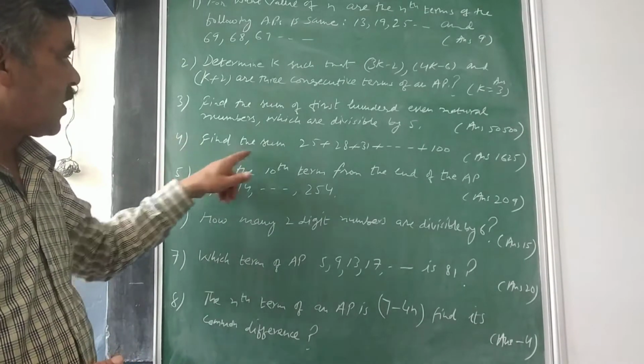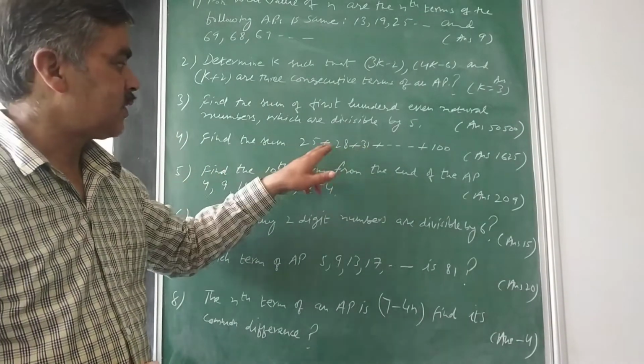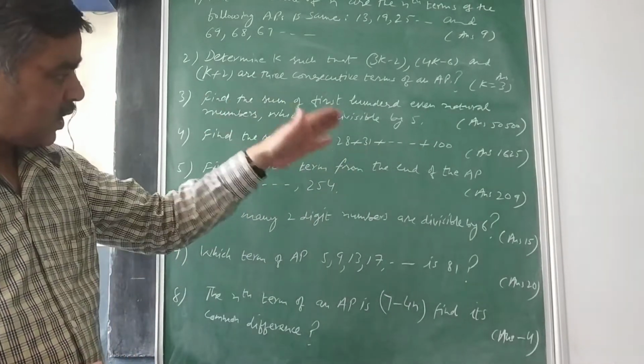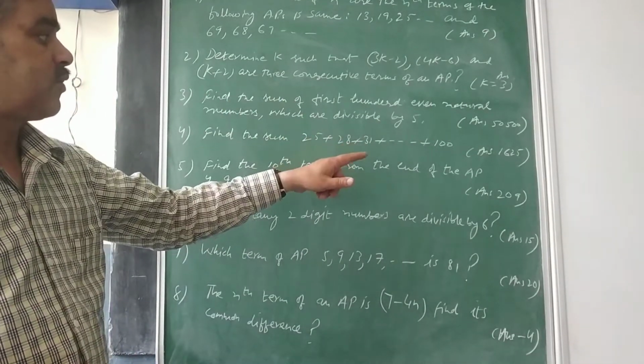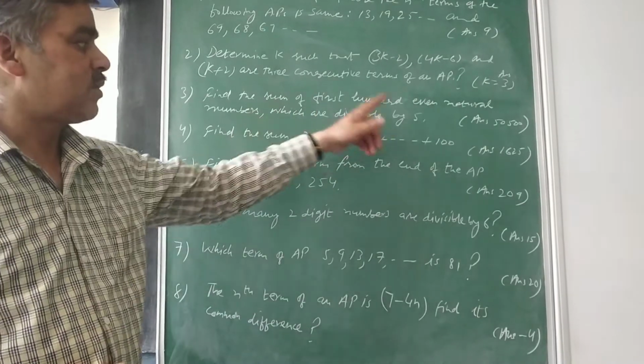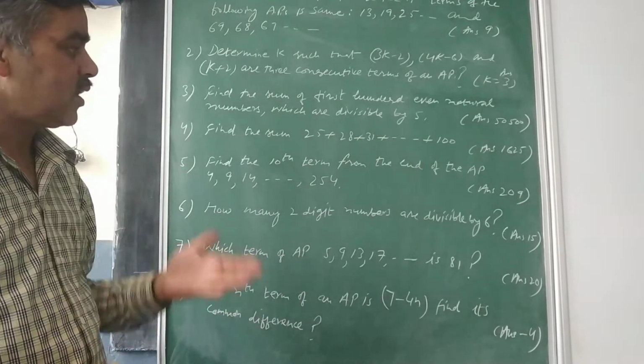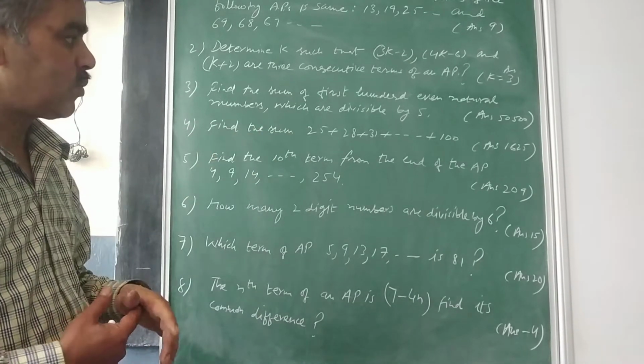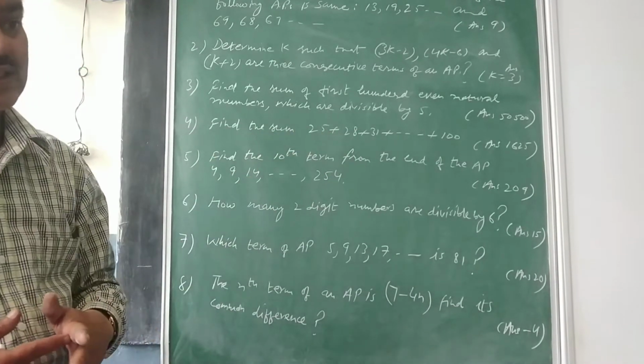Then find the sum 25, 28, 31, up to 100. You can see these are in AP. So what is a, what is d, and what is an? You need to determine n first, because the last term of this AP is given, that is 100. Get that value of n and then find Sn by using the formula, and check whether the answer is coming equal to